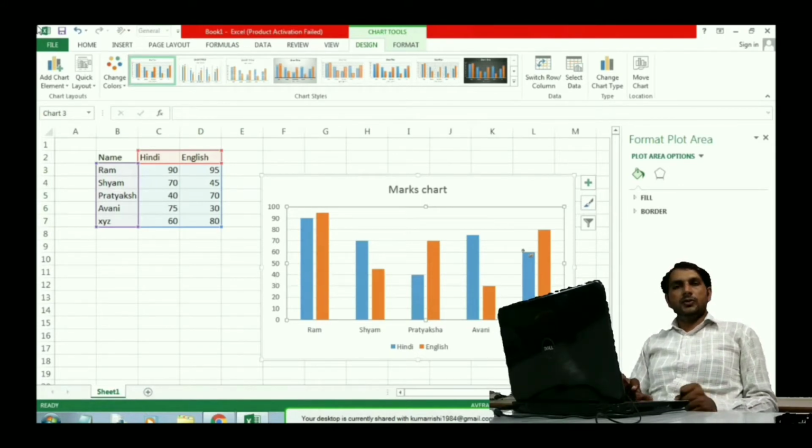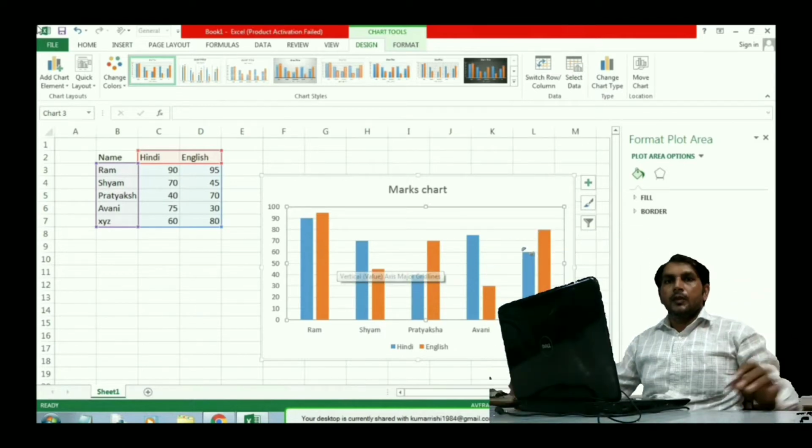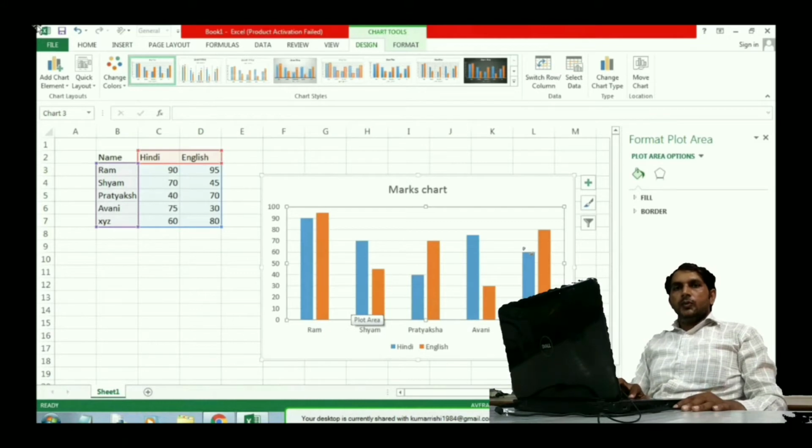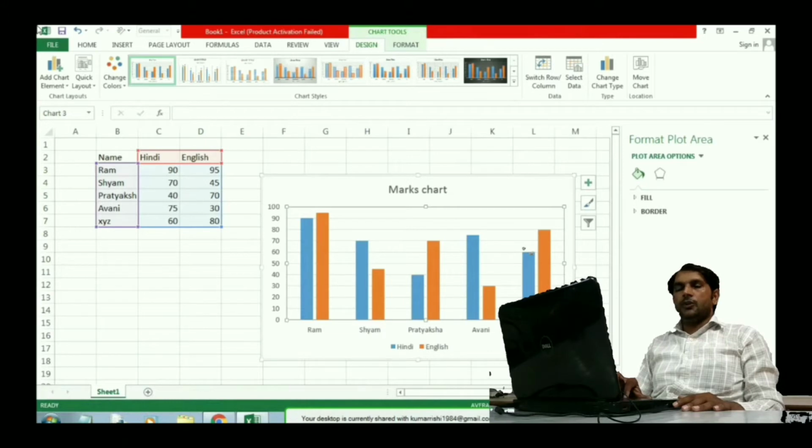Now this is also a component of a chart, and we can say here chart area, chart title, grid lines, and one of the important things. So now we have the different components, and this area where the chart is actually drawn, you can see on the screen, is called the plot area. So these are the components of a chart.